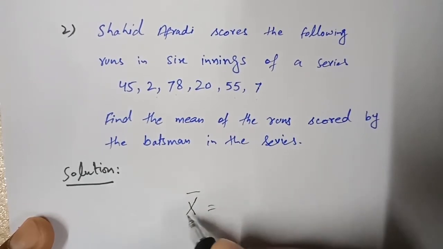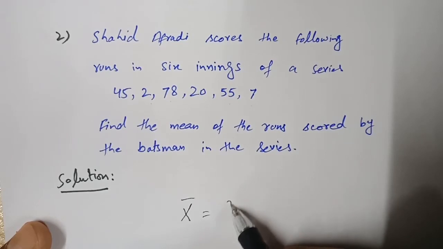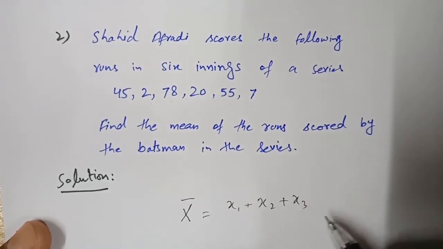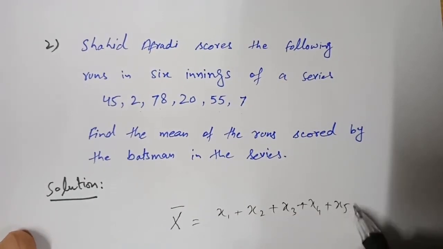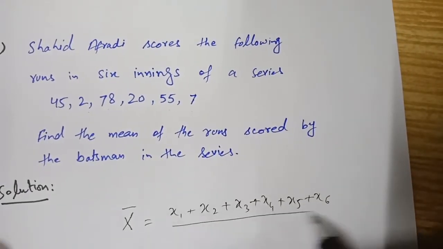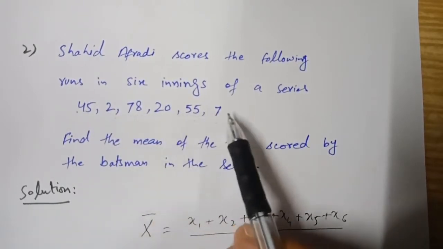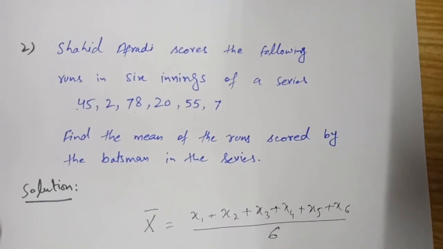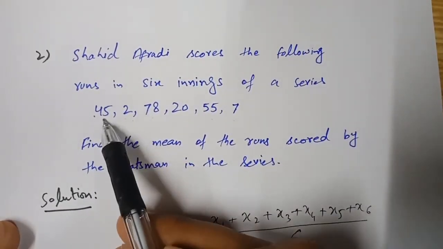X bar represents the mean, and this will be x1 plus x2 plus x3 plus x4 plus x5 plus x6, and total observations are 1, 2, 3, 4, 5, 6, so we divide it by 6. Now here x1 is equal to the first value, 45,